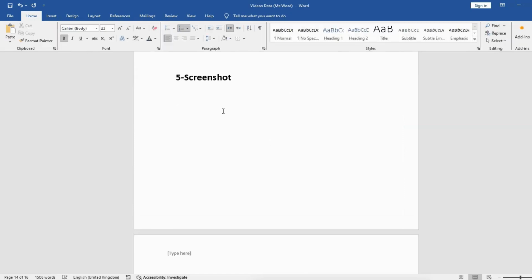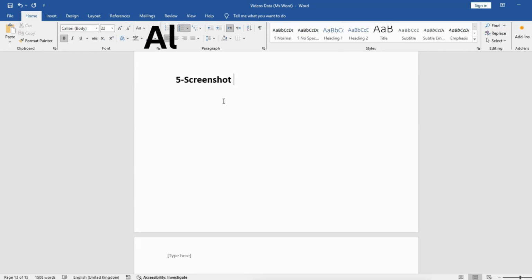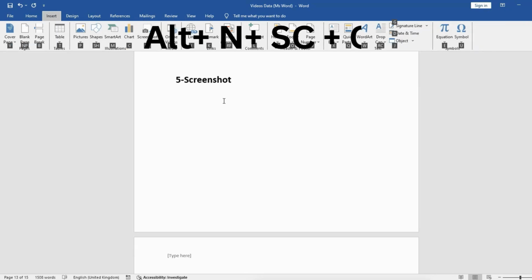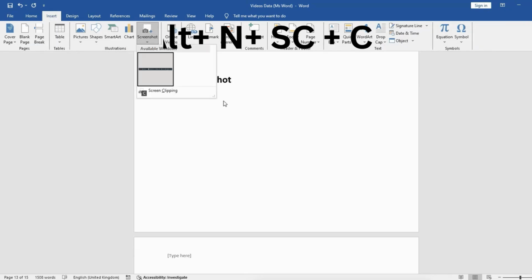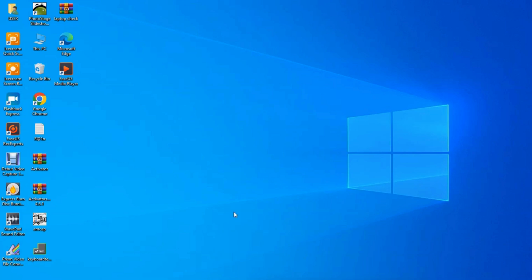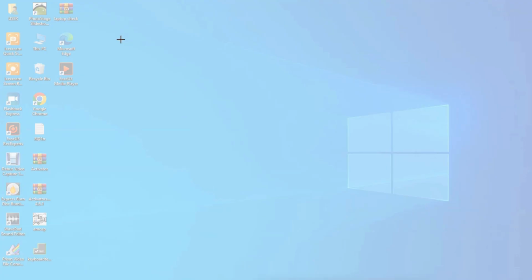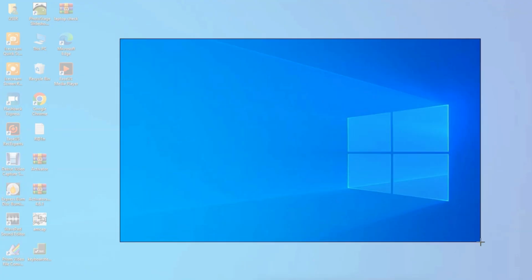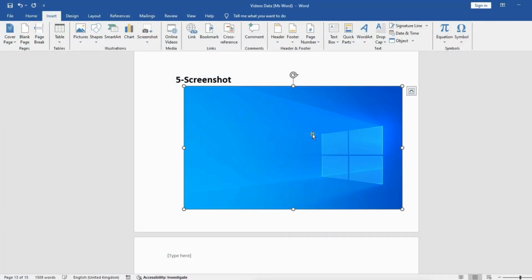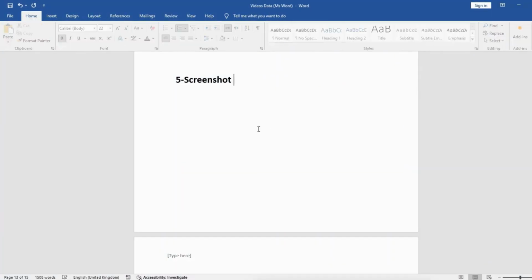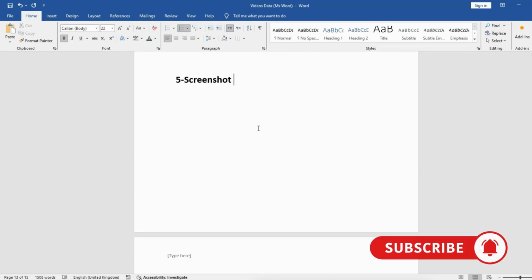Delete it. There is a shortcut way to take a screenshot in Microsoft Word as well. The shortcut key is Alt N S C C. Again, it will show me the clipping, and I can customize the screenshot which I want. Delete to go back. So these were the 5 hidden features within Microsoft Word, which sometimes we ignore, but